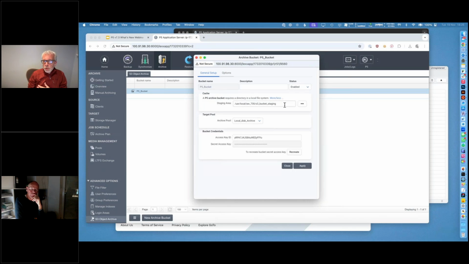Then we need some storage on disk in order to have a temporary store for stuff coming in and going out, because between the objects arriving and getting written to tape, or being restored from tape and being downloaded, they need to be stored somewhere. So that's our staging area. And then we have a target pool, which will be a bunch of tapes in a tape library or whatever storage you want to use. And then we provide you with an access key and a secret access key, the standard credentials that are used to access an S3